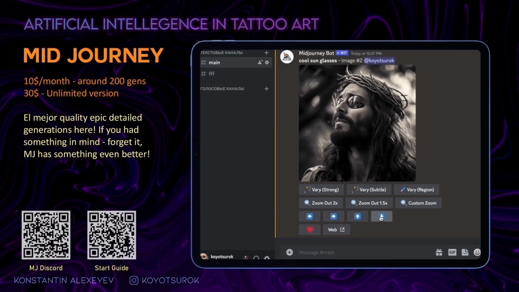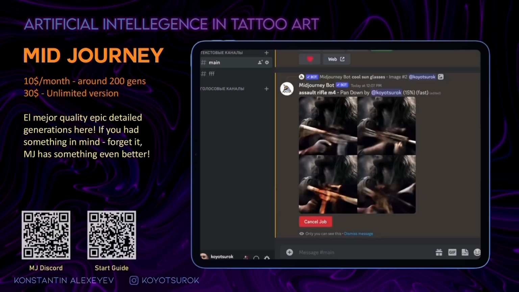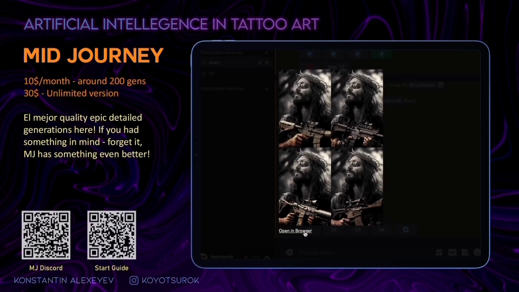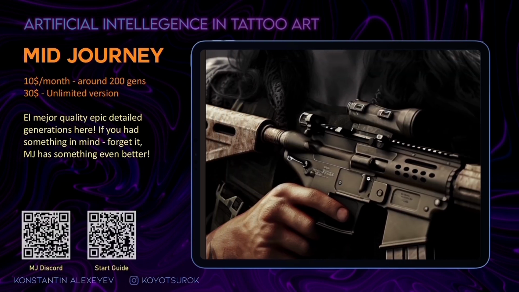Here I want to extend the picture to the bottom, and I'm writing Assault Rifle M4 as a prompt. It looks cool enough.